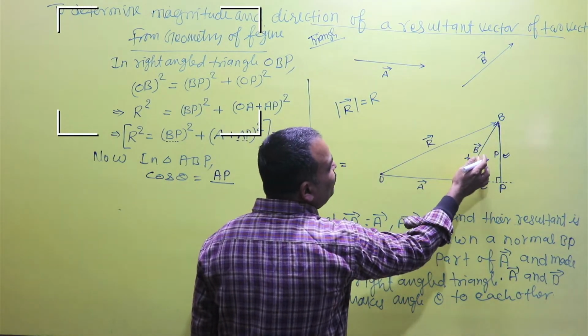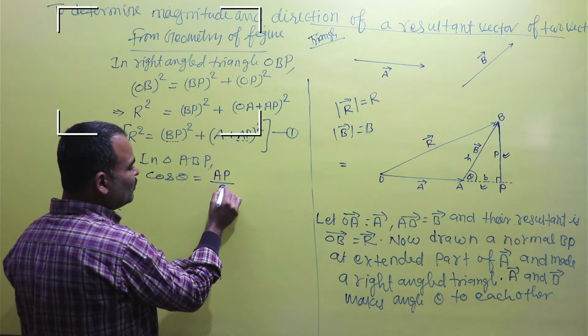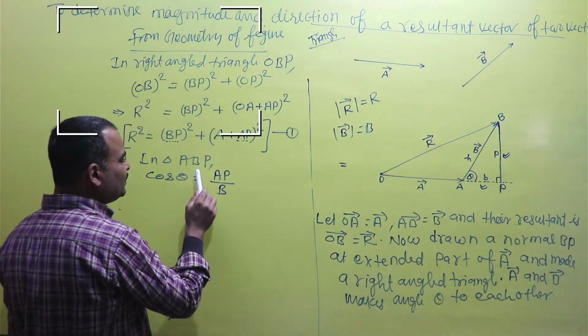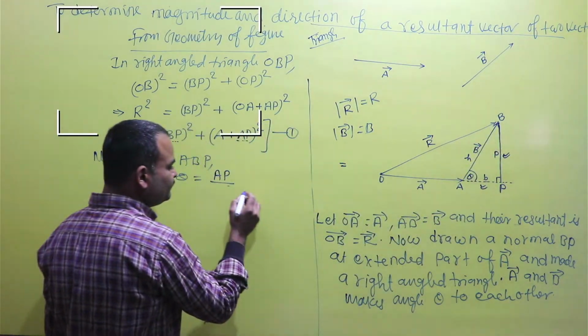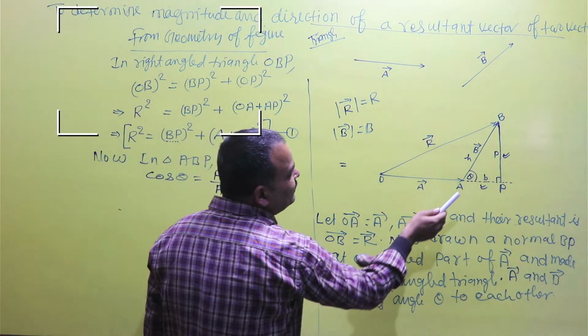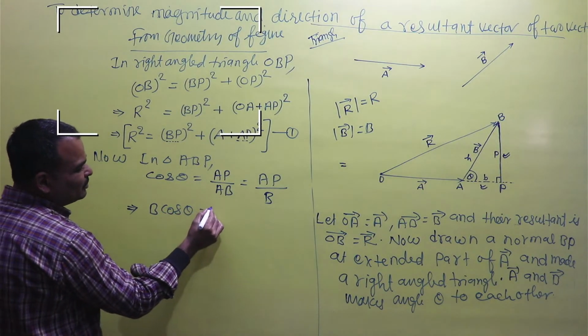AB is the length of arrow of vector B, that means the magnitude of vector B. This called B. So cos theta is AP by AB, and AB is B. Since B cos theta is equal to AP